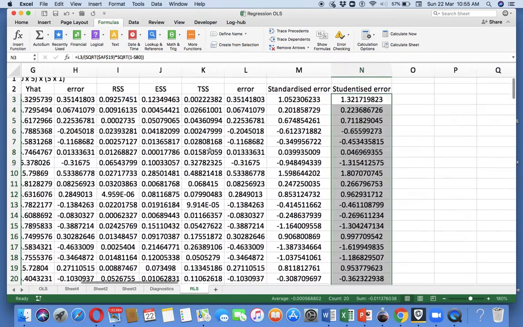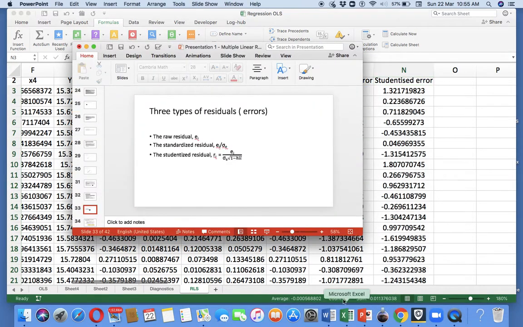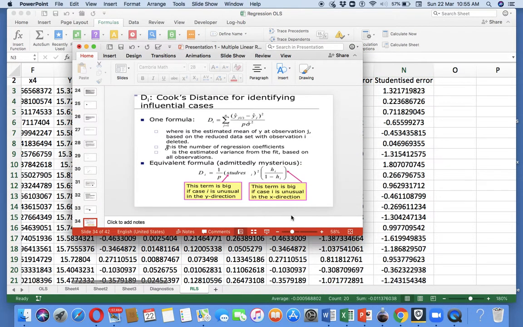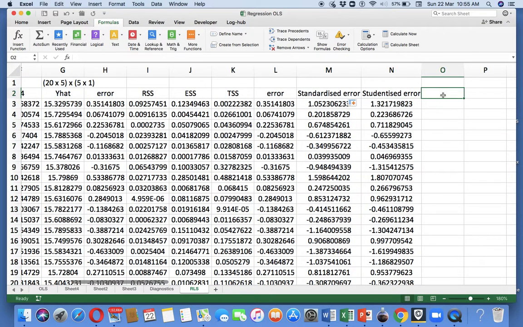Okay. Now we'll go back and try to see. So all the calculations are over. Now let us go and see the Cook's distance. How do we calculate the Cook's distance? The Cook's distance is calculated as 1 by P into the studentized residual into H divided by 1 minus HI. So now we're going to calculate the Cook's distance.